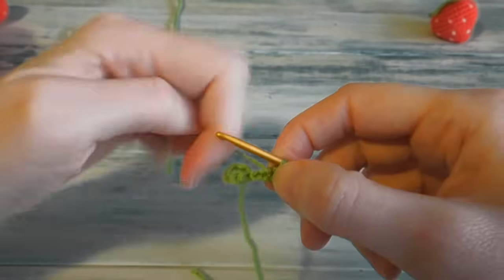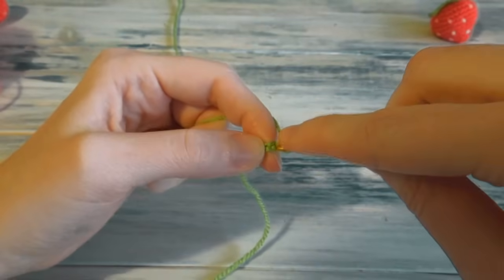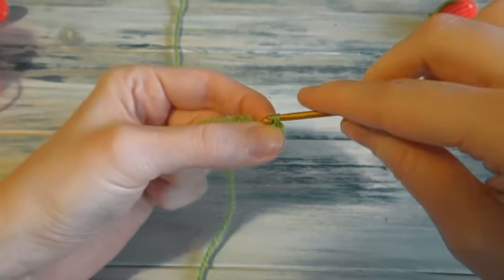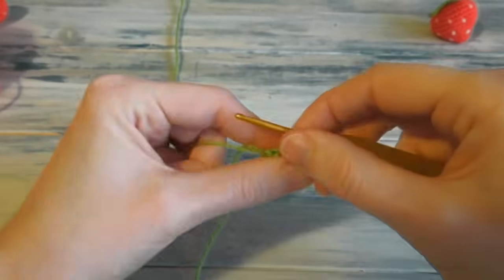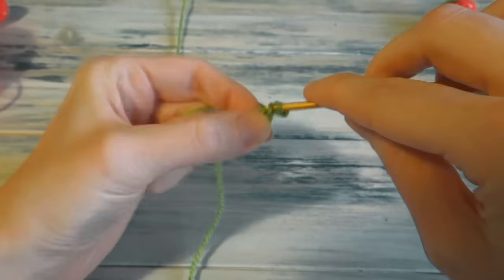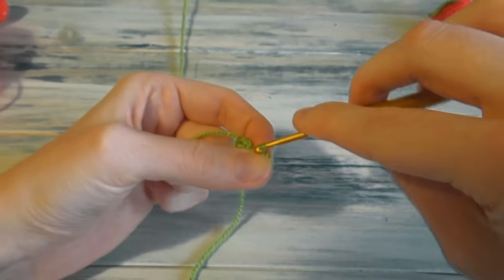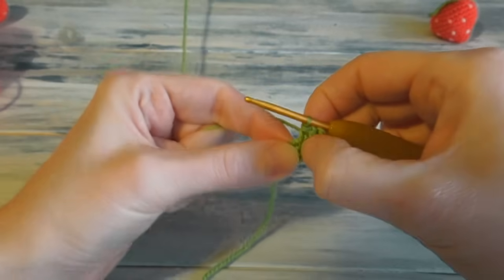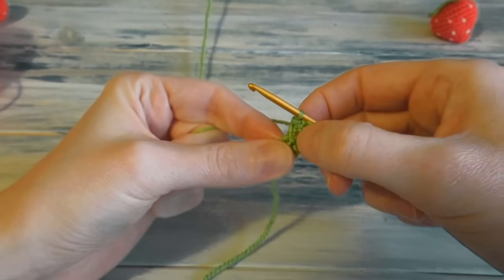Let's get some more yarn. So go into the next chain down and work a slip stitch. Then go into the last chain and work a slip stitch. Okay. And then what we're going to do is work a single crochet in the same stitch